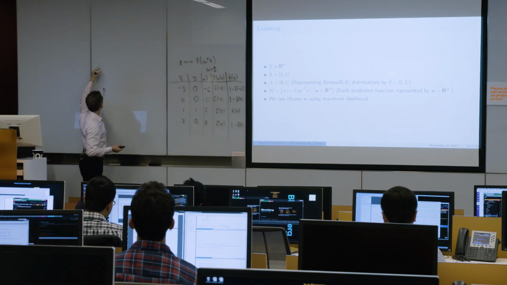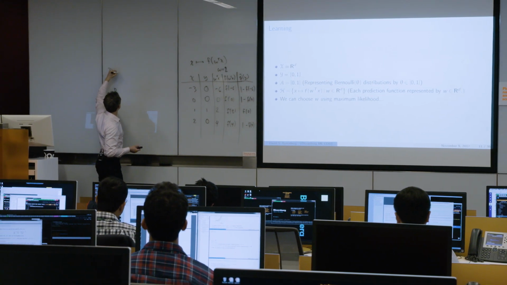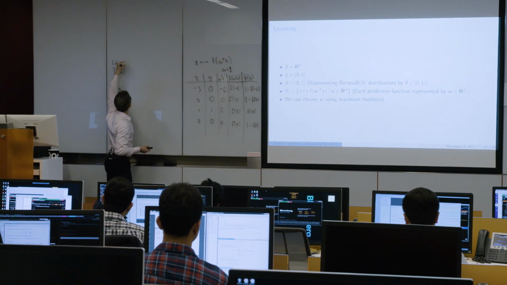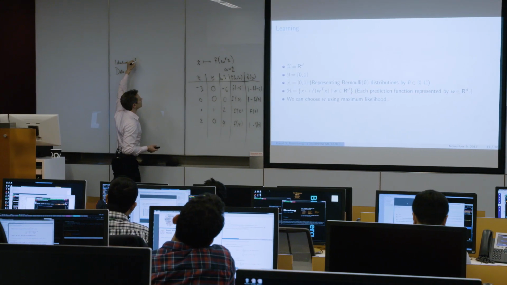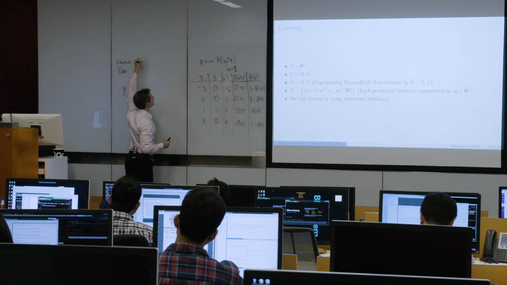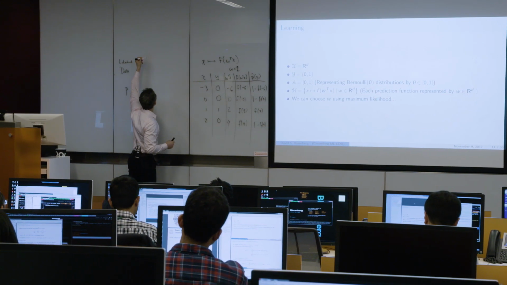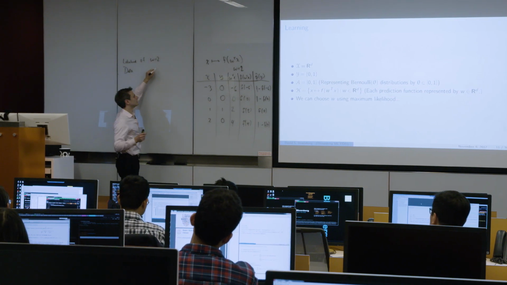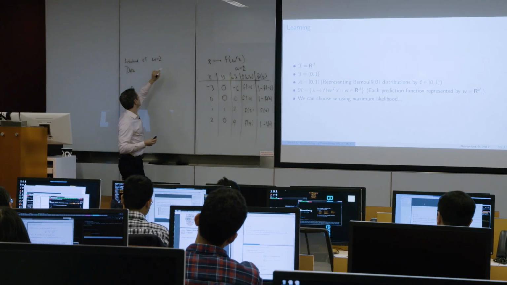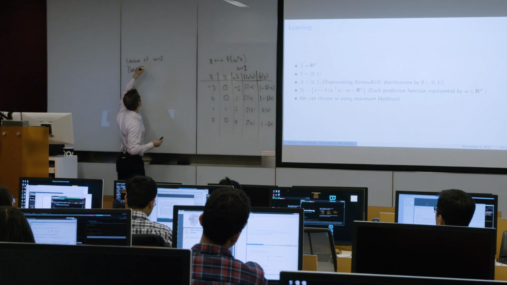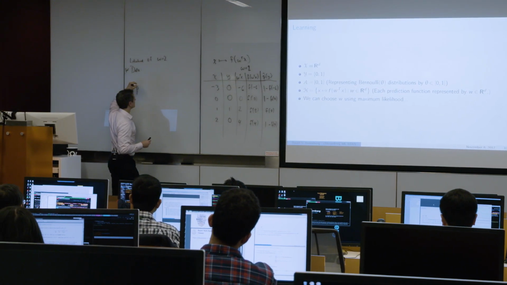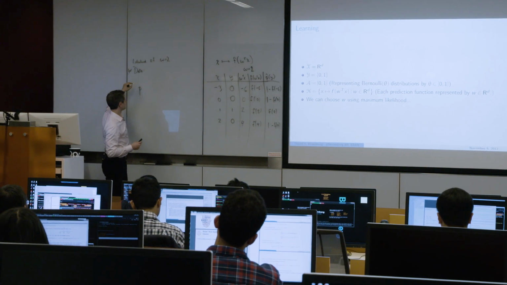So the likelihood of this model, let's just say w equals 2, because that specifies the model. Once we know w, everything is set. The likelihood of w equals 2 for the data is